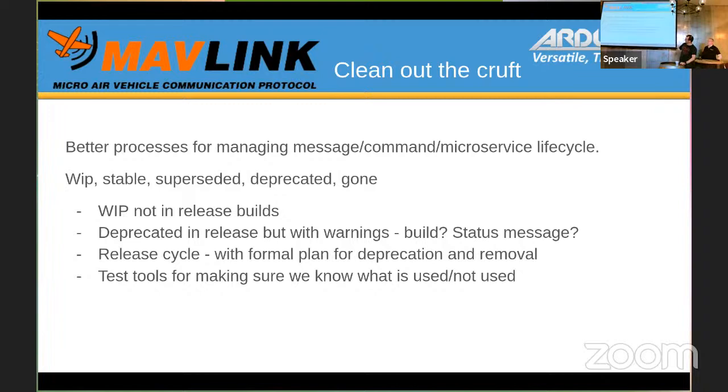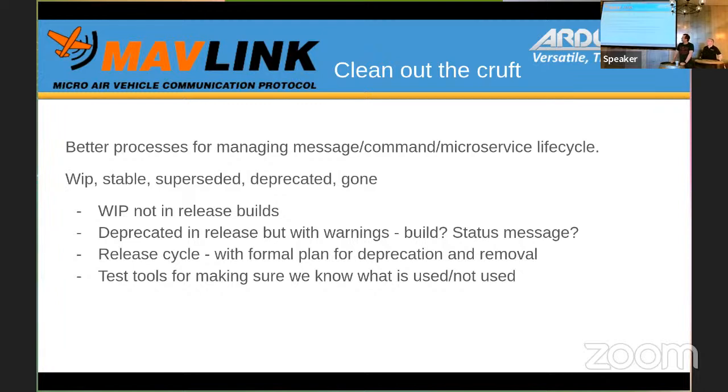So what we want to move to is a life cycle where we have WIP, then it's stable, and it lives there for a long time. Eventually it gets superseded. And as it becomes useful to people, we work to some kind of plan that, maybe in 2 years, we've got it in the flight stack. If we've managed to introduce this new thing and we've got agreement from flight stacks that it's a good idea, then I think 2 years, 2 or 3 releases, is reasonable. We agreed it was a good thing. Let's actually implement it. If it wasn't good enough for us to implement it, it shouldn't have gone into common.